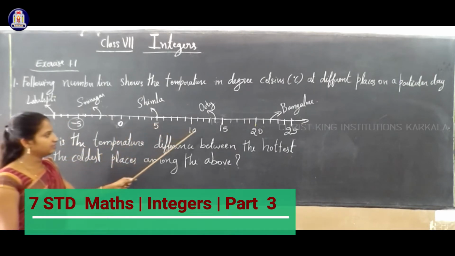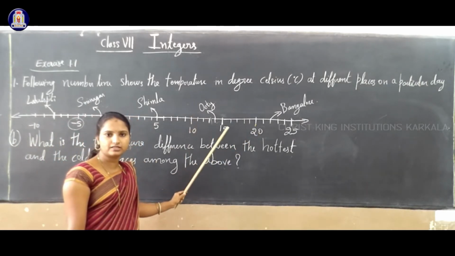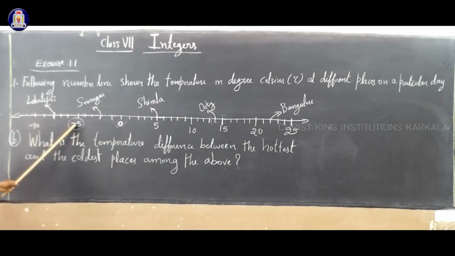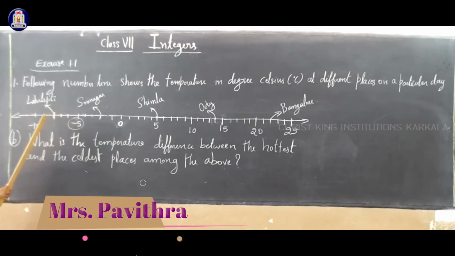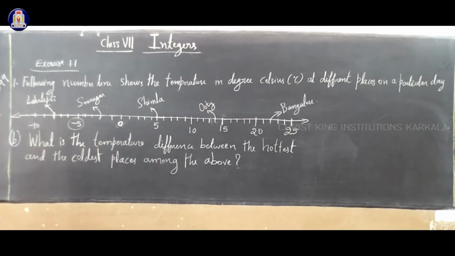In positive integers, numbers are increasing. You can consider 20 and 15: 20 is greater, right? But in negative integers, what happens? If you consider -5 and -10, -5 is greater, -10 is smaller. Numbers are decreasing in negative integers. Say -100 and -99: in this, which is greater? -99 is the larger number. -99 is greater than -100.